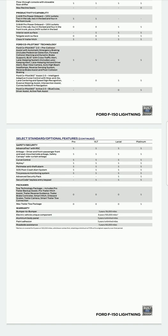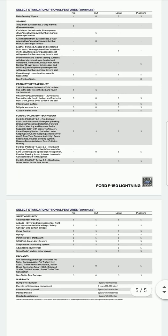As far as the LED box lighting goes, it will not be available on the base Pro. It is an option on the XLT, and it is standard on the Lariat and the Platinum. Now, 18-inch wheels will be standard on the Pro and the XLT, but they will not be available on the Lariat and Platinum. And I think that the 18-inch wheel should be available on at least the Platinum, because these trucks